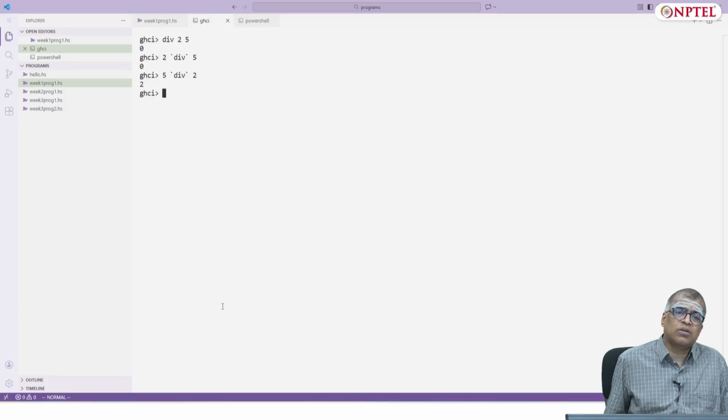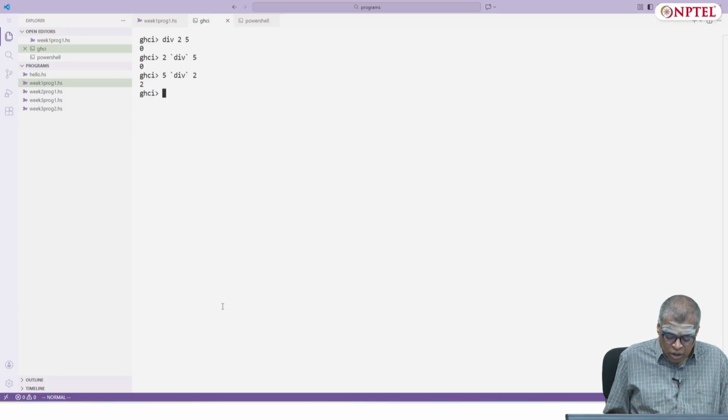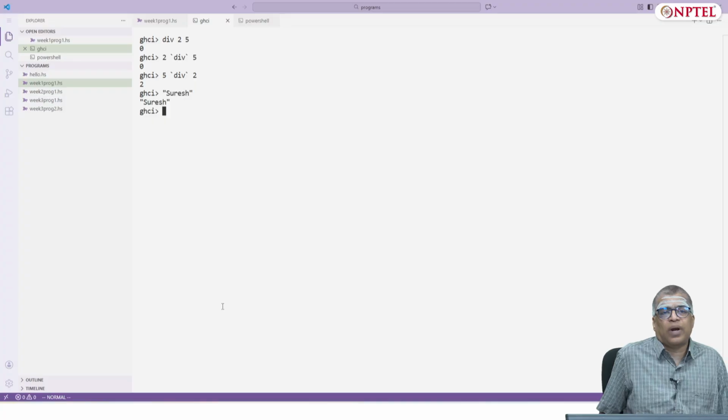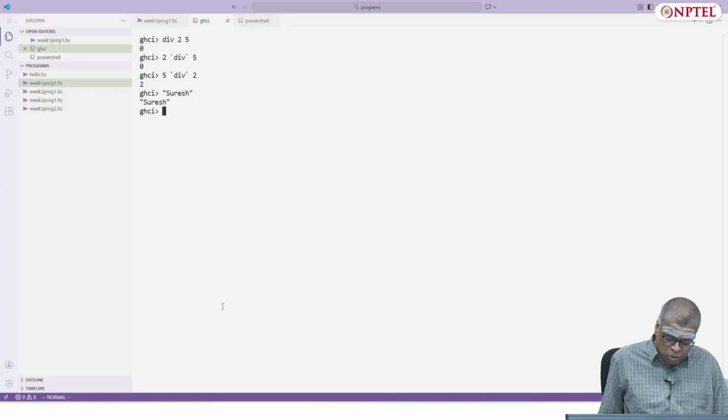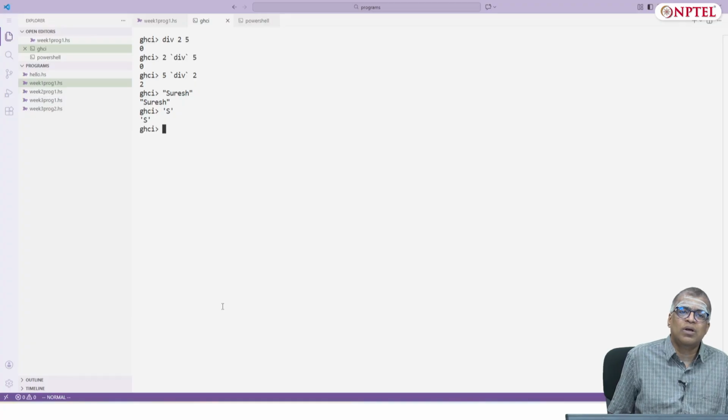There are lots of others: it is not just integers and floats and bools, but you can have characters too. I can write my name, Suresh. You write strings by enclosing them in double quotes. You write characters by enclosing them in a single quote. Actually a string is shorthand for a list of characters. Most of the first part of the course, we will be spending many lectures on lists.